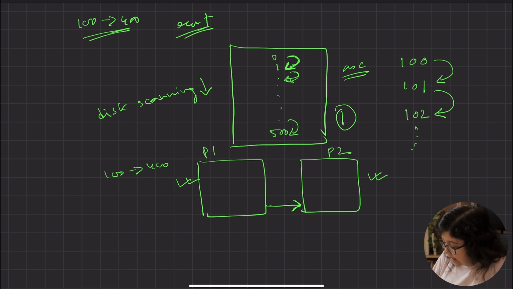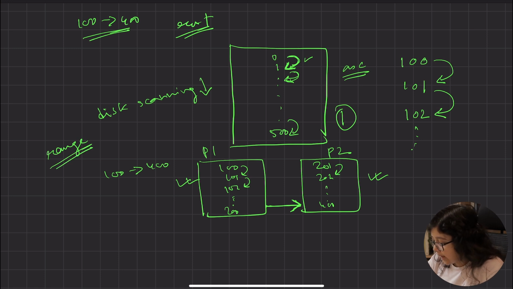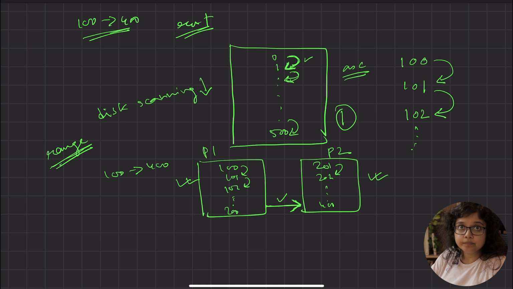So we can start scanning from 100 to 101, 102 and so on, and after reaching 200 we can follow the pointer to the next page and search from 201 to 202 and so on to reach till 400. So we can see that range queries can be easily executed due to these 2 types of pointers. So clustered indexing is very beneficial for range queries.